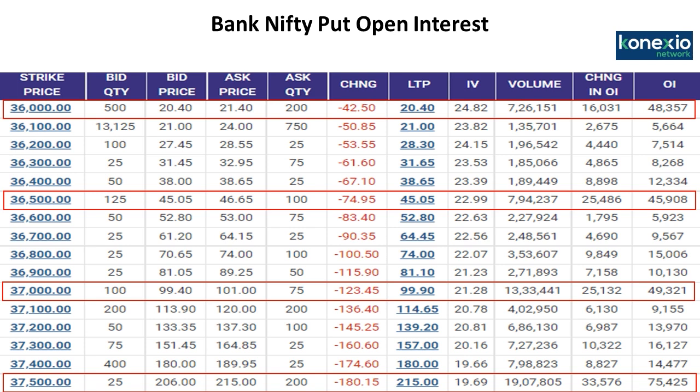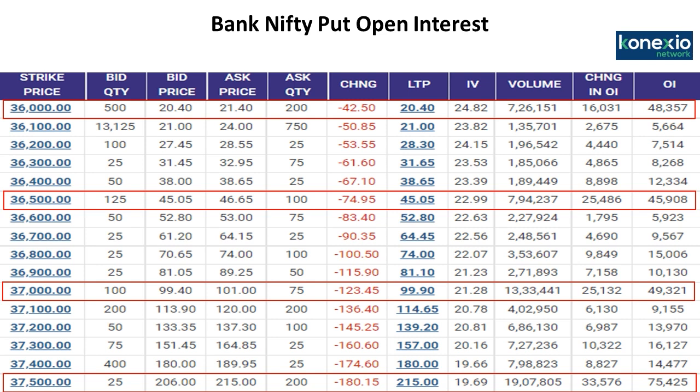Now the most important thing here is the significant drop in the option premiums. This clearly indicates that smart money has started writing puts. That means they are very bullish on Bank Nifty. So looking at this data, as I said, we might see a slight downside in Bank Nifty again, but that downside would be limited.